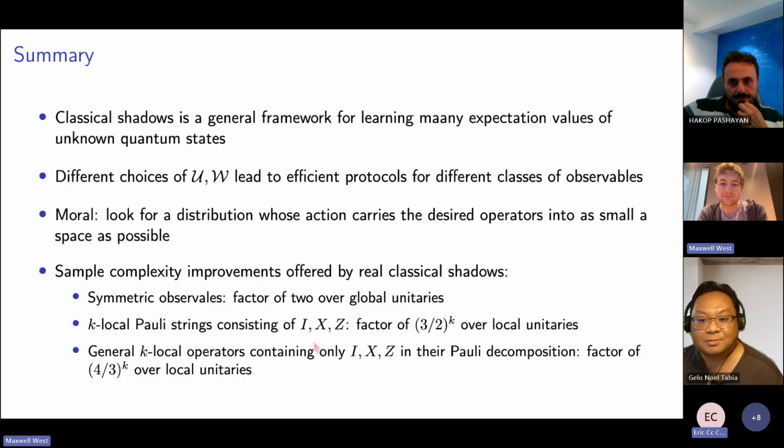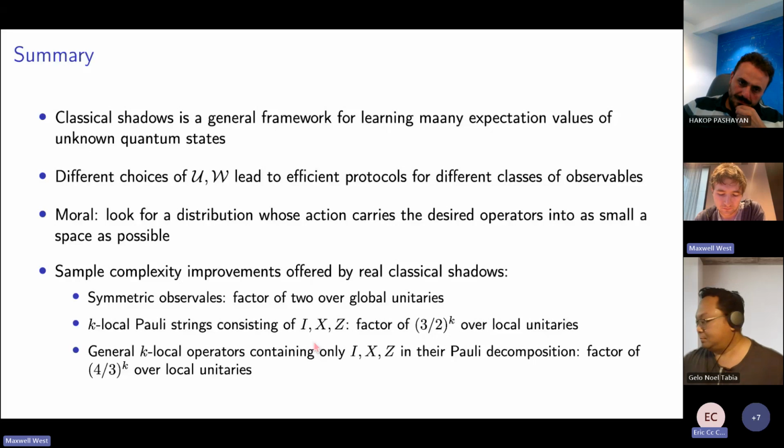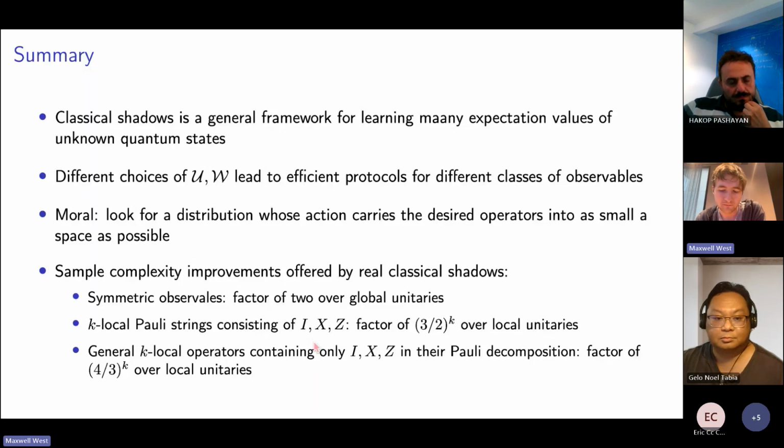Hi, yes, I actually have a question. First of all, thank you for the nice talk. You're saying that you have a certain interest of the observable in the subspace, and you try to sample from a smaller subspace of the measurement basis, so you get more hits, right? Is that the case?